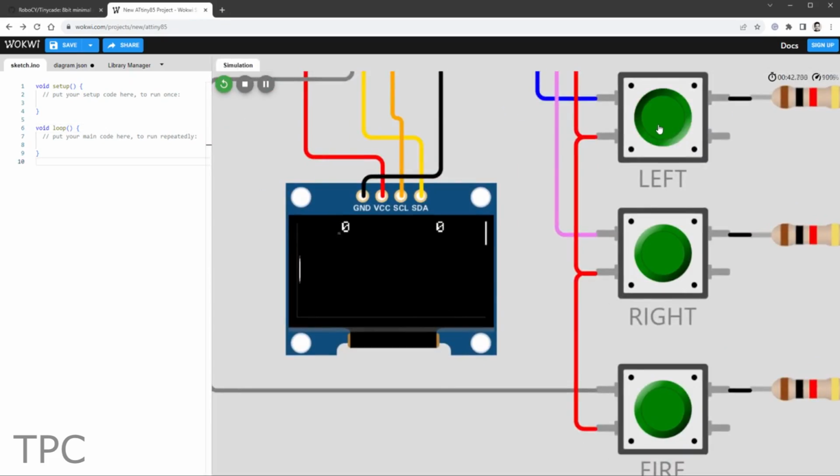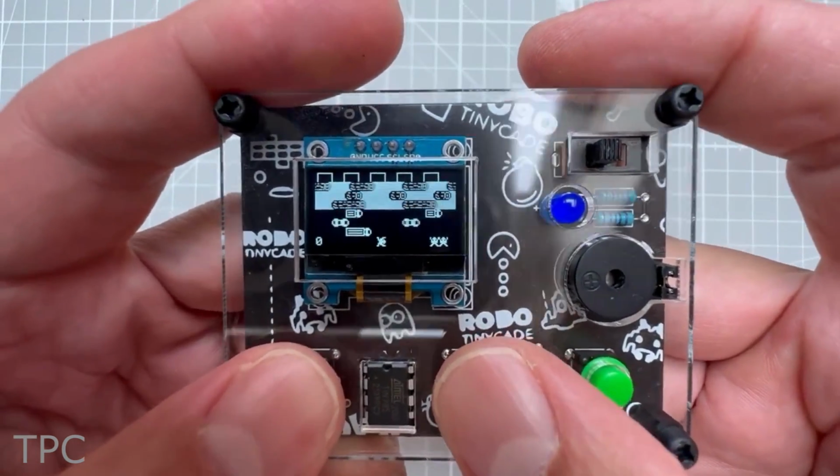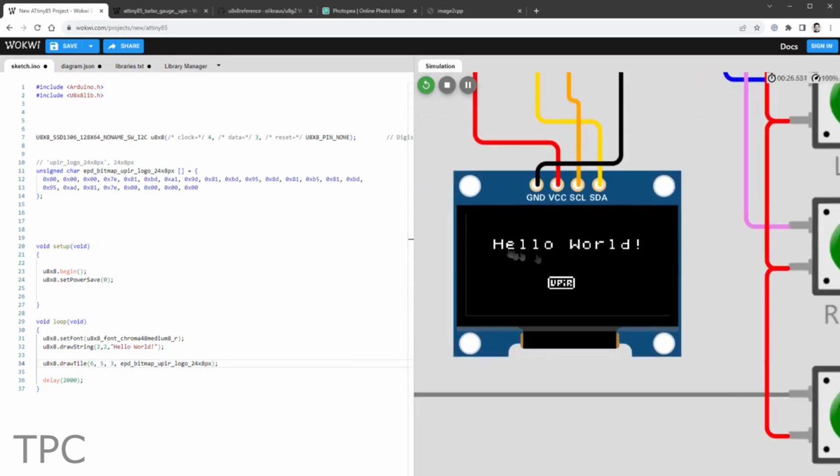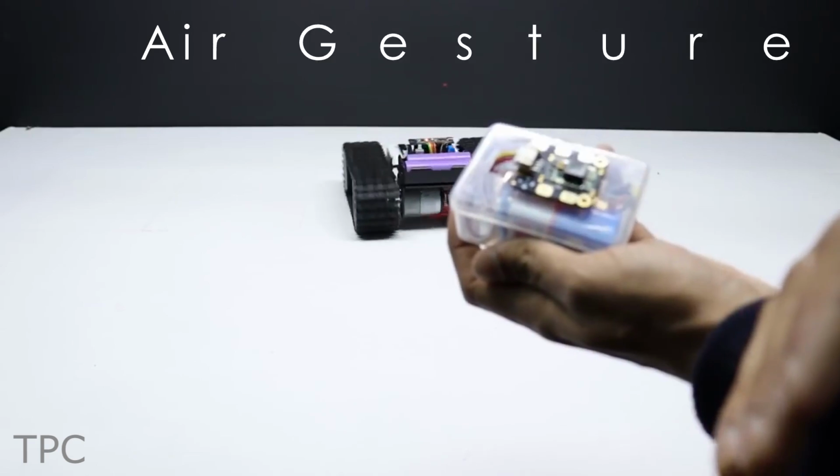Uper tried to reprogram this board and uploaded different games on it. He also used it to display some text, and in the future version, he aims to add his self-made game to it. Number 7. Our next project is a